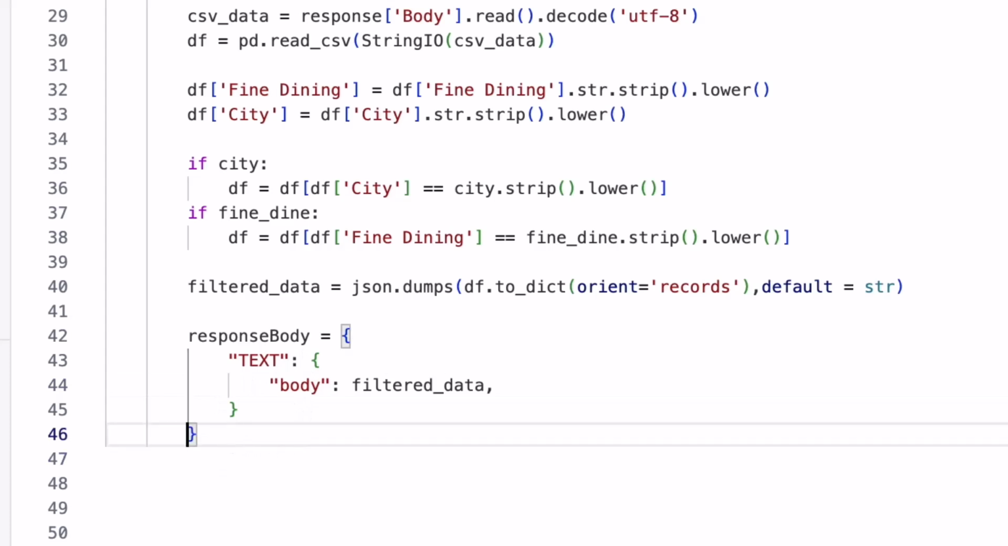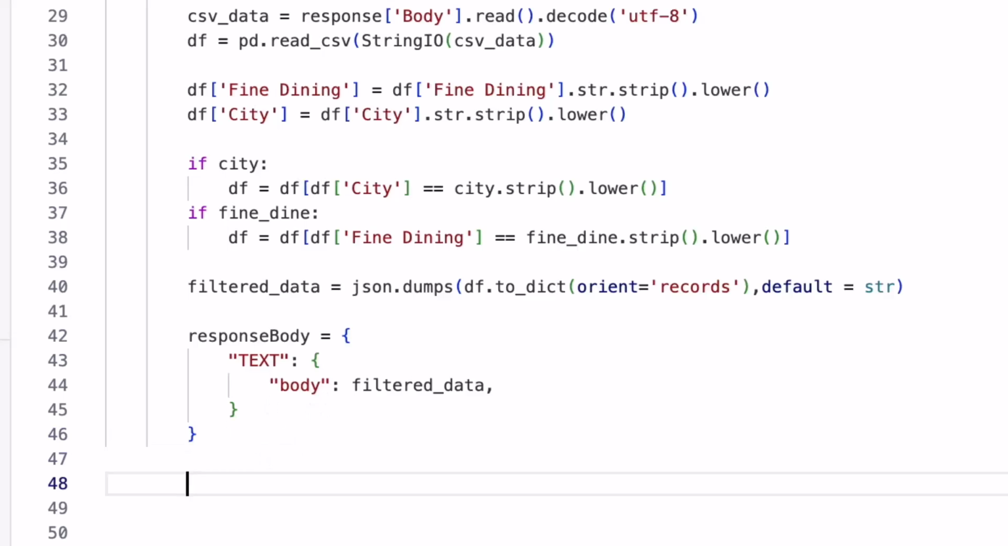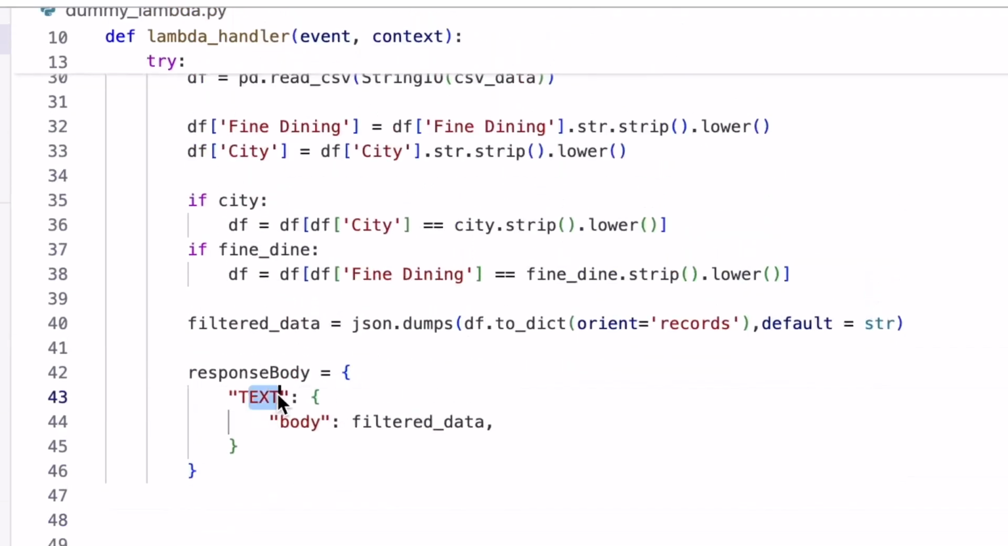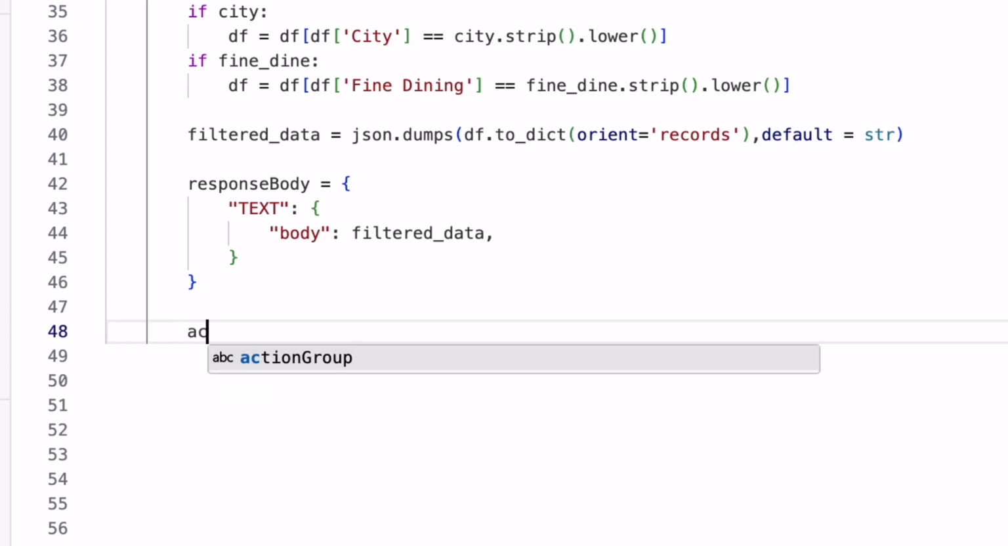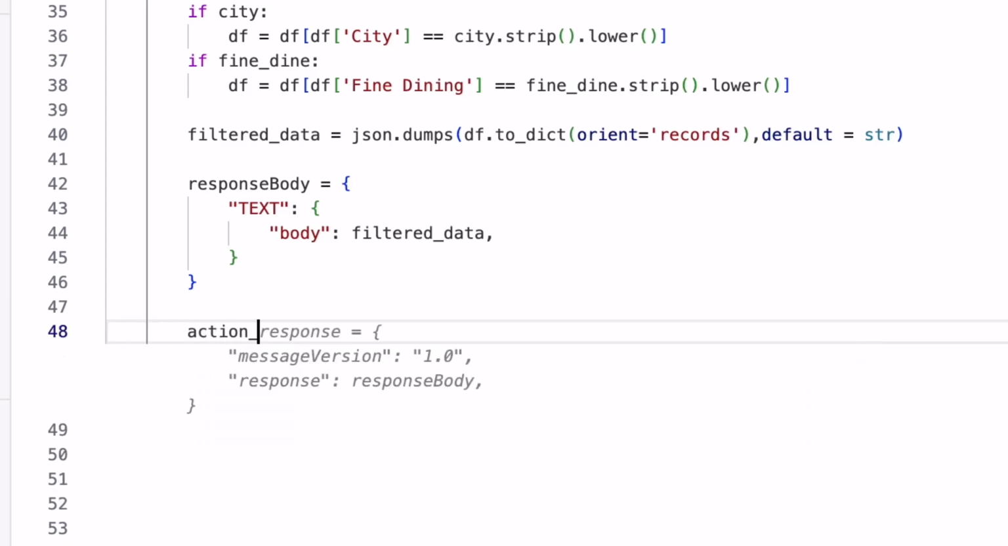And actually, that should move out over here. So this is the body. It needs to be in a text, and the body should have the filtered data, which is this. And remember, this is just the JSON results. And once we have the response body, then we can get the action response, which is also something that we need. And the action response is going to be equal to